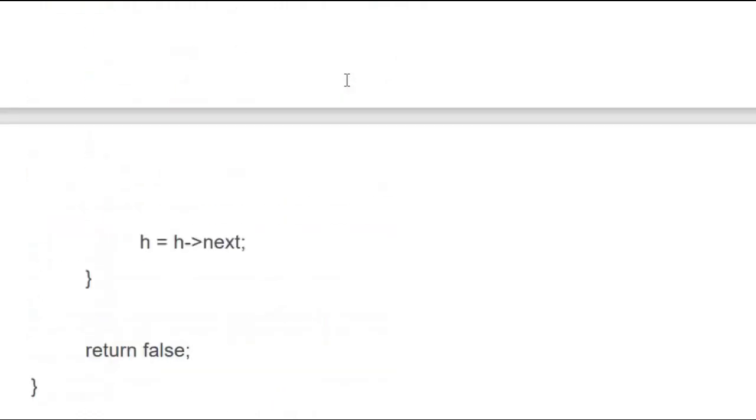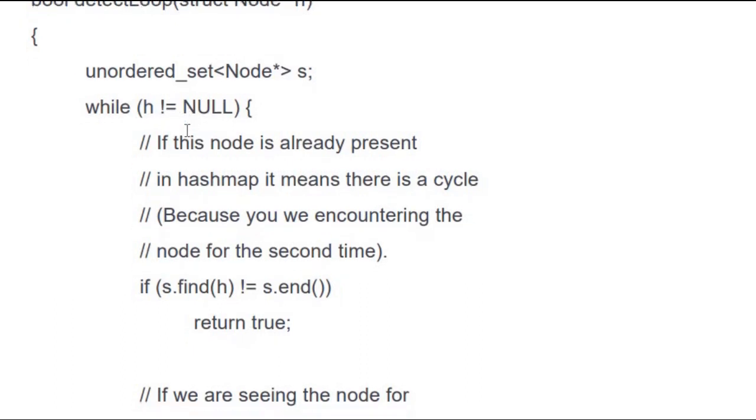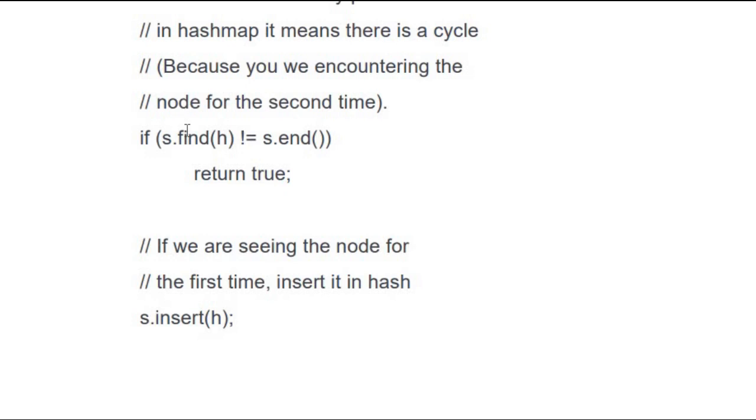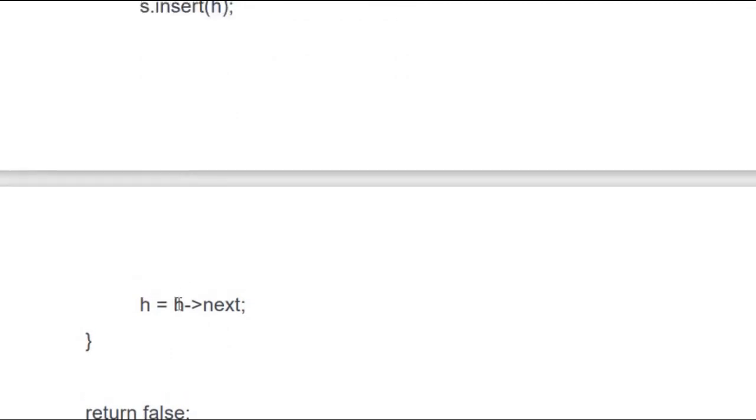This is the main code which we are going to use, in which if we find a point where the temporary node is pointing to null, then we will return false, which indicates that no loop is detected.